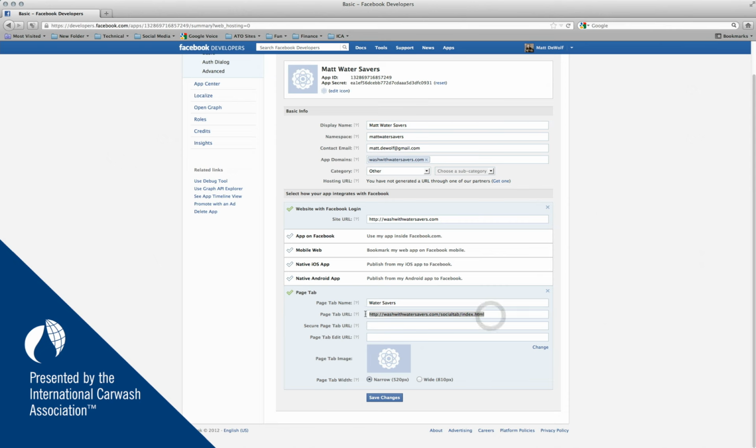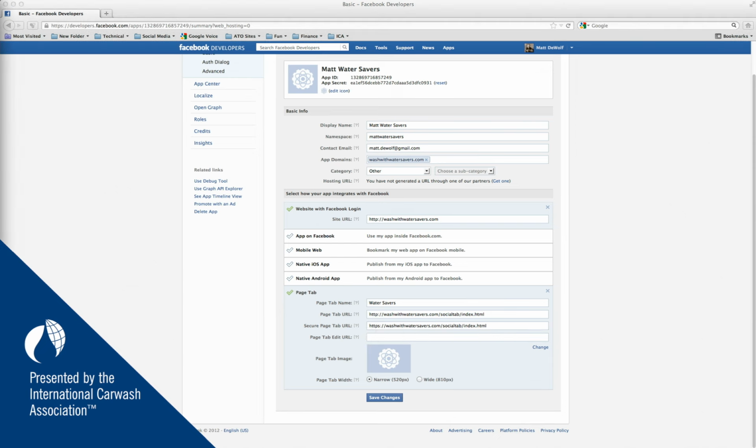Now, the link below this in this field will be very similar, so the easiest thing to do is to go ahead and select all of this field and copy that with Command-C on the Mac and Control-C on the PC, and then click down in this field and paste it back in there with Command-V on the Mac and Control-V on the PC. Then you're going to come in here, click next to your P and HTTP, and you need to enter in an S in that space right there. And then we're going to select wide,